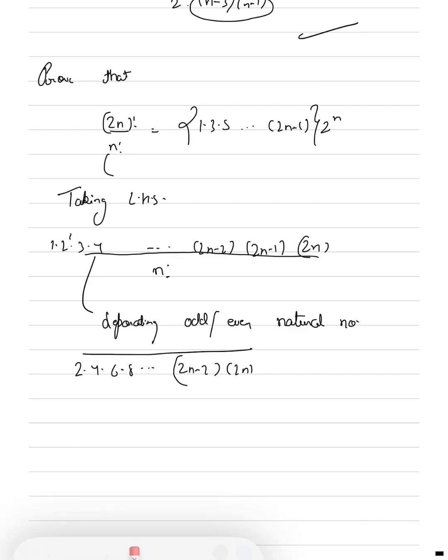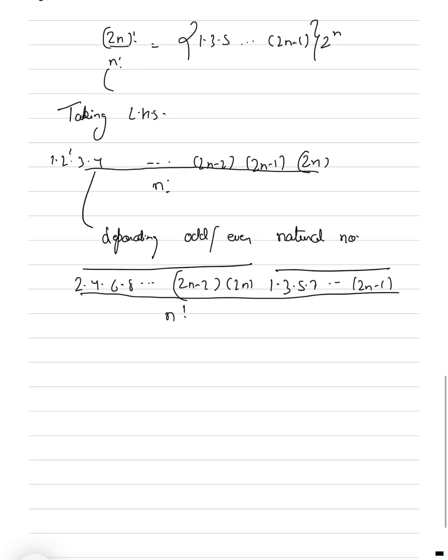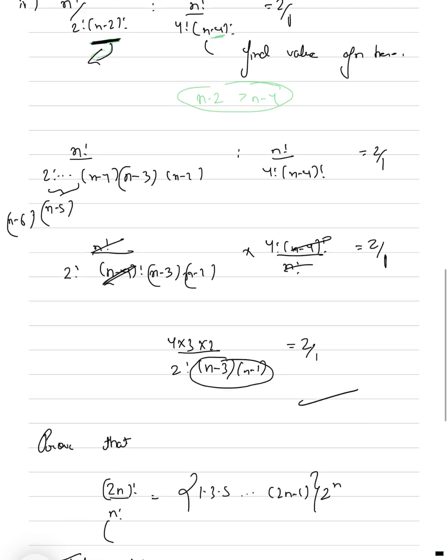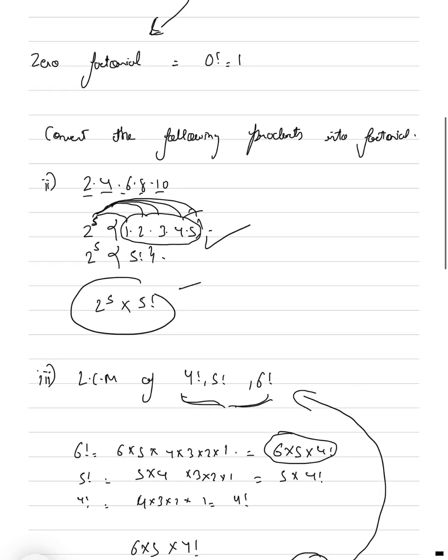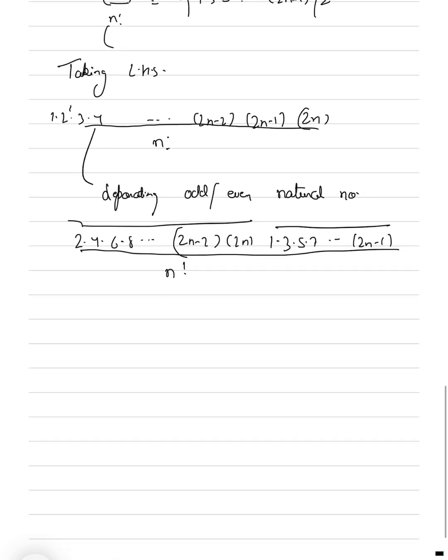1, and then we have 1, 3, 5, 7, dot dot dot, 2n minus 1, as your odd natural numbers. Then we are going to write factorial n here. Now the same process: we are going to take out 2 from here, just like I did in the example here. So taking 2 common from this side,